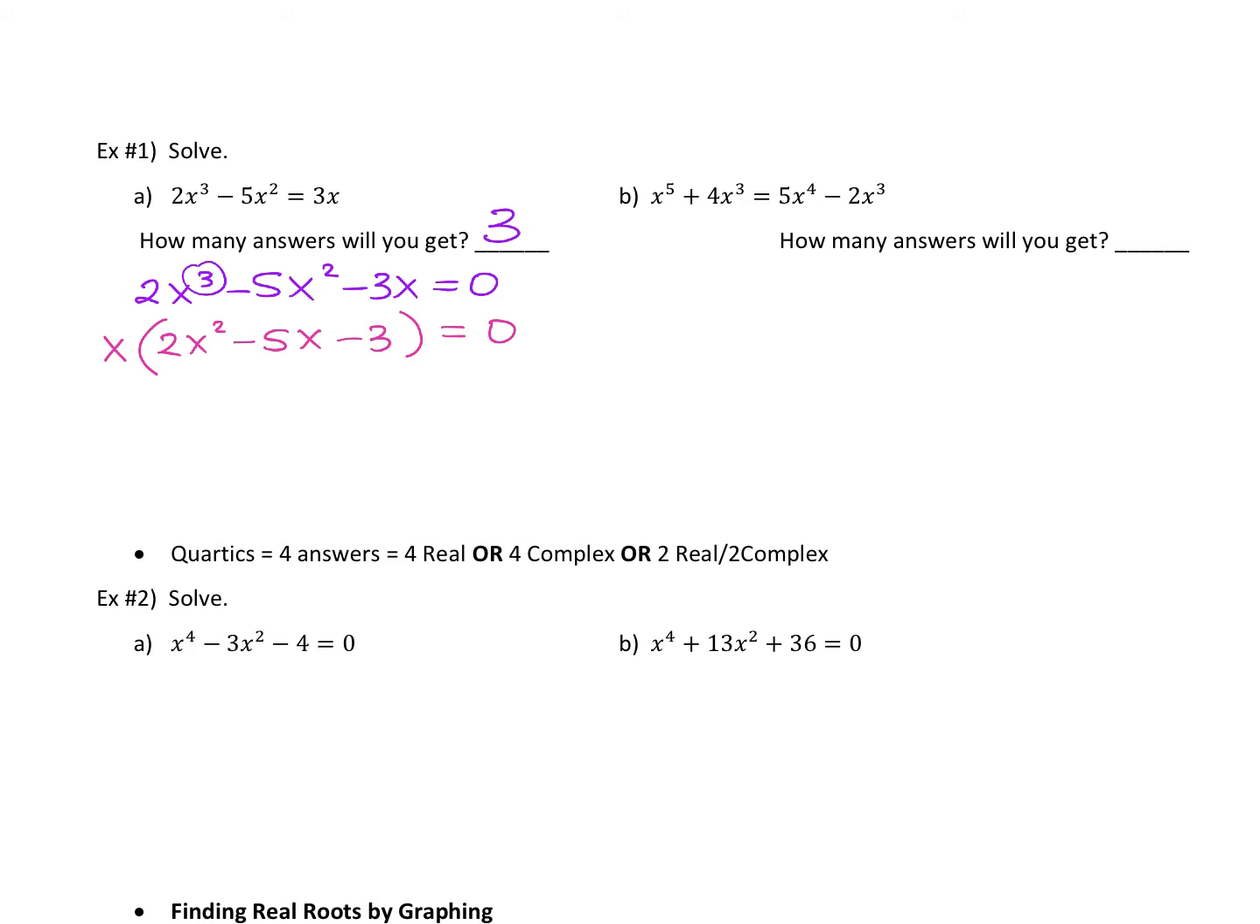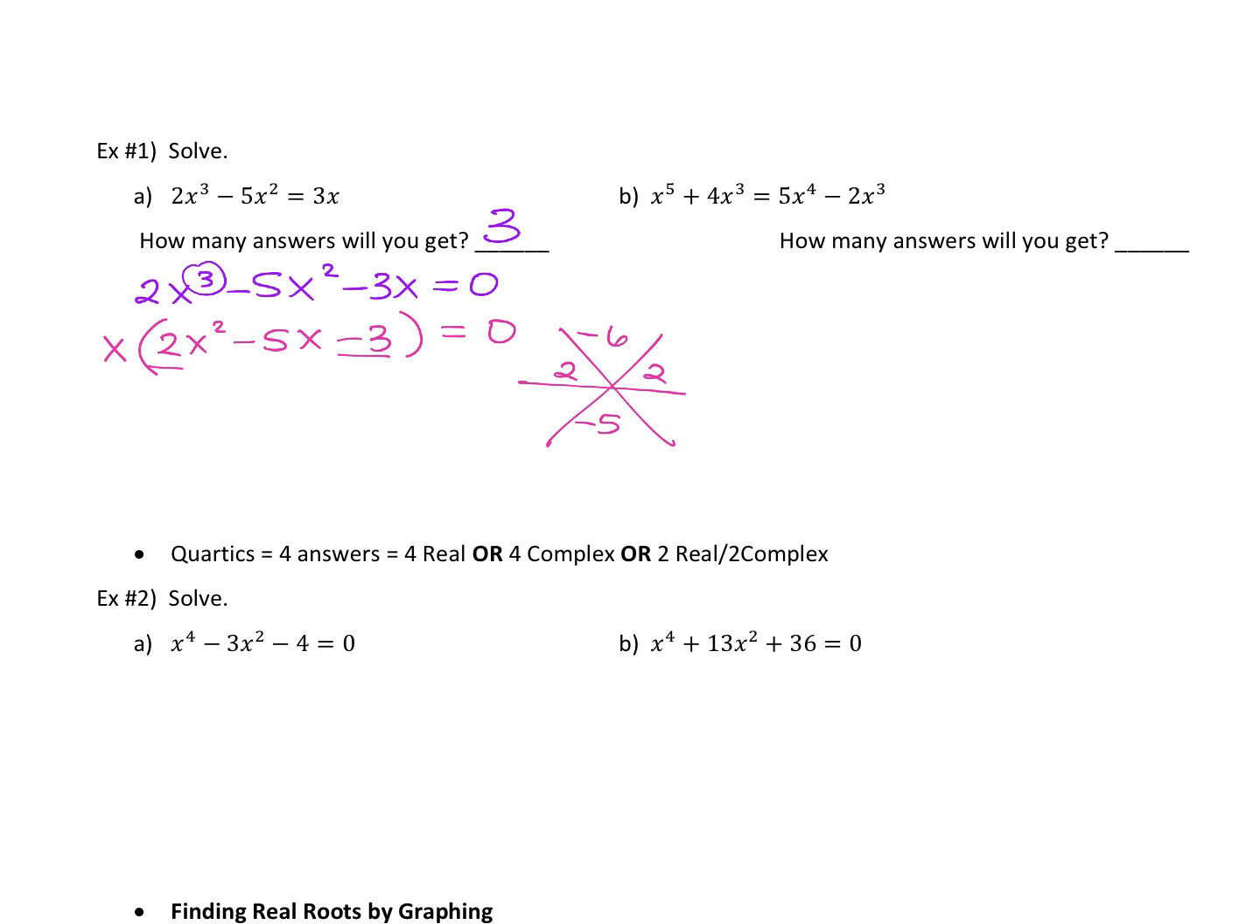Now what? What's your next step? Star method. Yeah, we're going to keep factoring using the star method. So up top, it's negative 3 times 2, so negative 6. On bottom, it's a negative 5. My a term is 2. Okay, so what can I multiply to get a negative 6 that I can add to get a negative 5? 3 and 2. Or